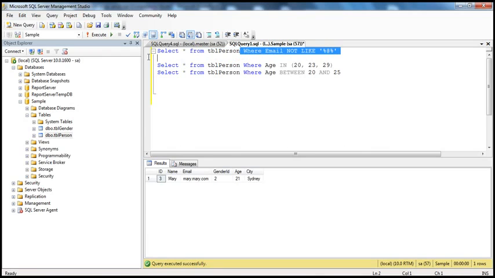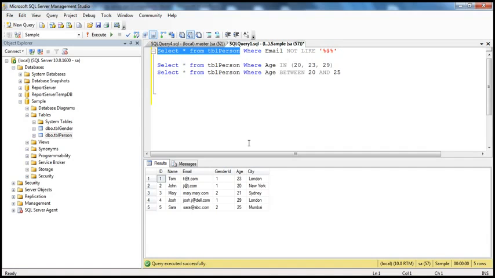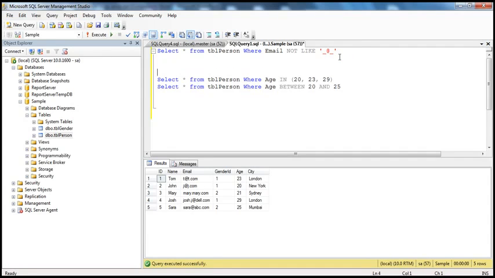So if you look at the TBL person table, now let's say I want to select all the email addresses that have exactly one character before the @ symbol and one character after the @ symbol. How do I do that? You can say, I want to select all the email addresses which have one character before the @ symbol. If I have an email address something like this, a@a.com or